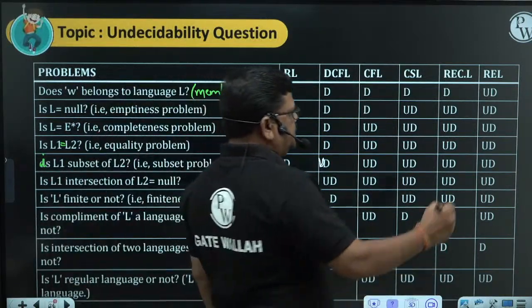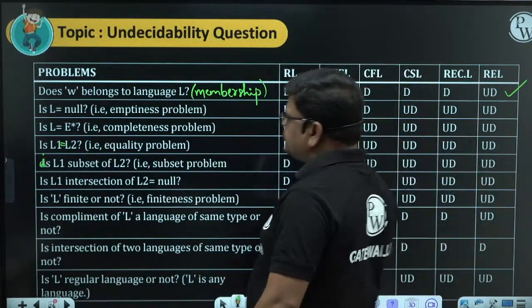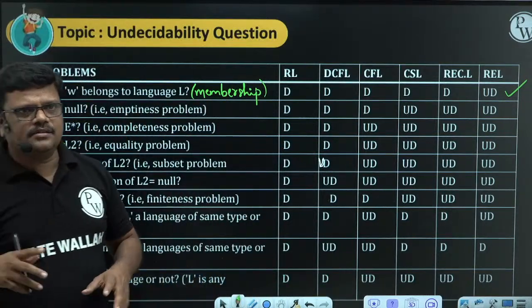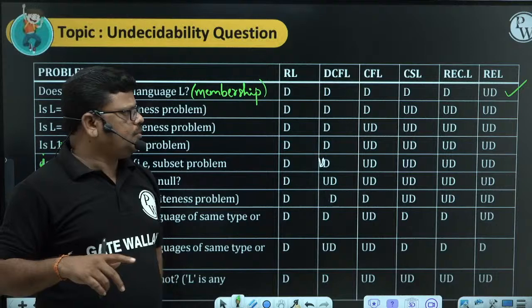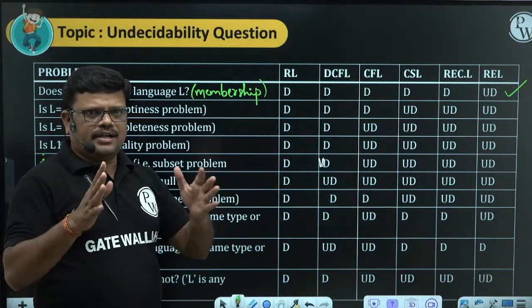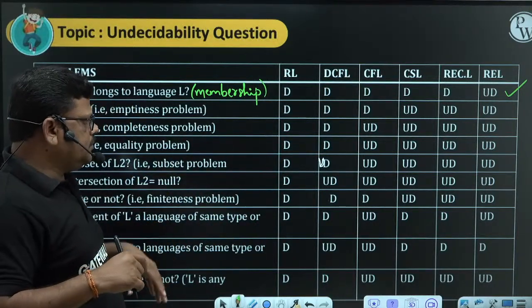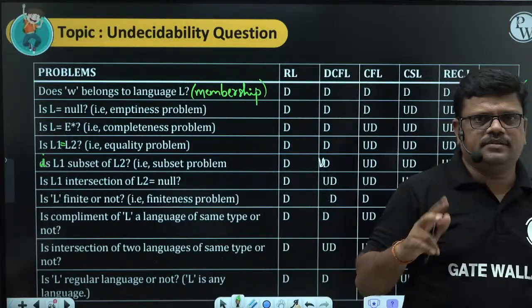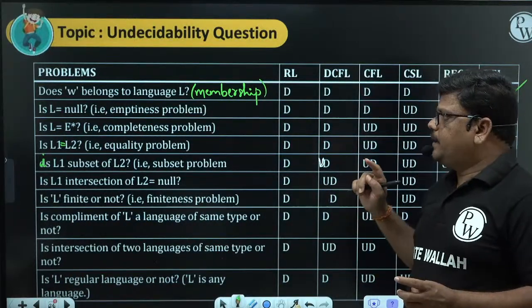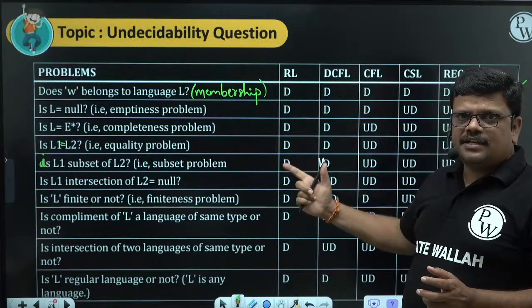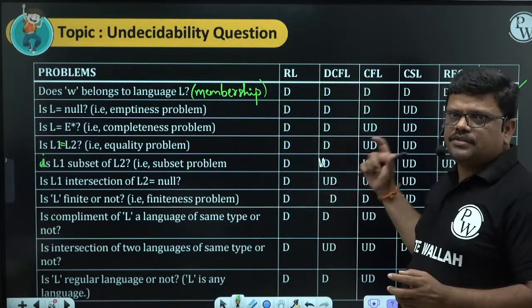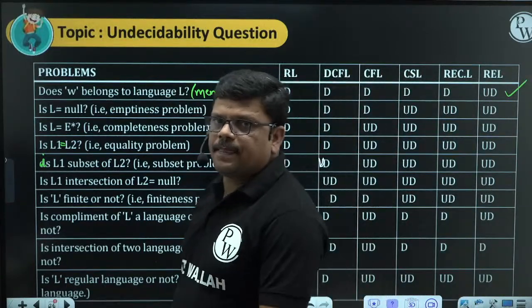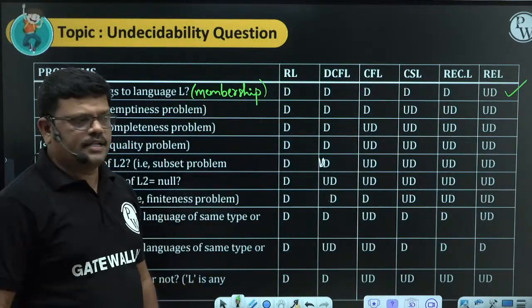Here, this is the case where it is undecidable. In our normal classes, this is just a short lecture series, so I am directly including the table. In normal classes, we'll prove how we are getting this, what is the reason behind this. So many things are there. But now, the direct application of the table, how to use just this table to score marks in the paper, is what we are focusing on in this class.